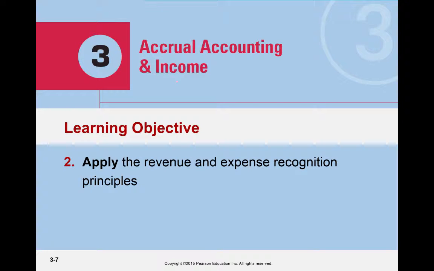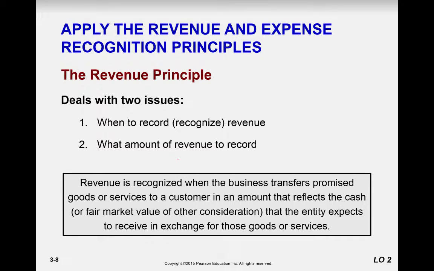So now let's move on to learning objective 2, where we're going to apply the revenue and expense recognition rules. So 2 items have to exist in order for the company to record revenue. So basically, when to record the revenue and how much to record the revenue. So basically, revenue is recognized when the business has to transfer the goods or services to the customer and in the amount that reflects the cash or the fair market value